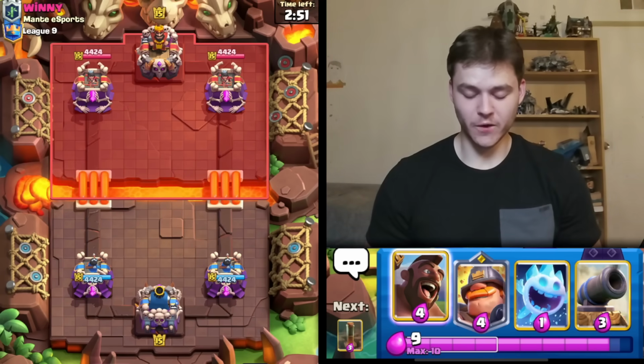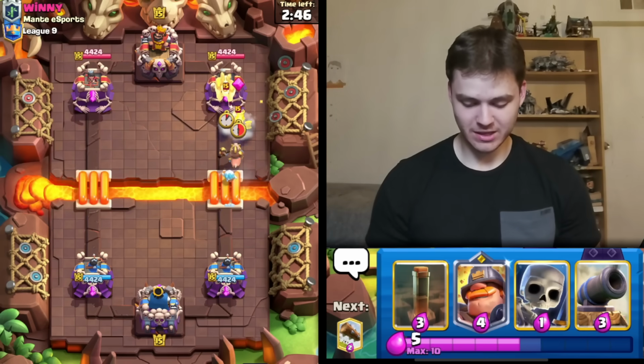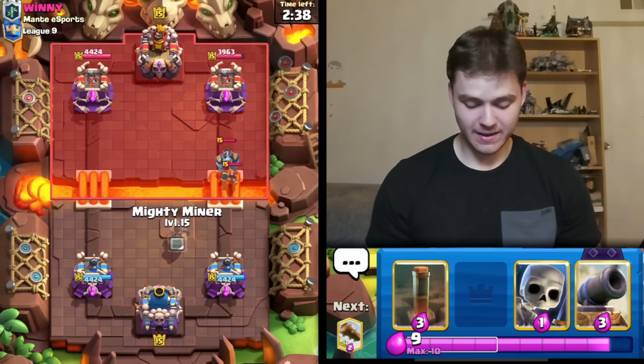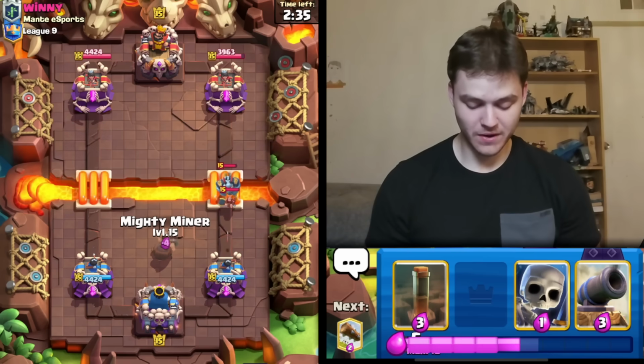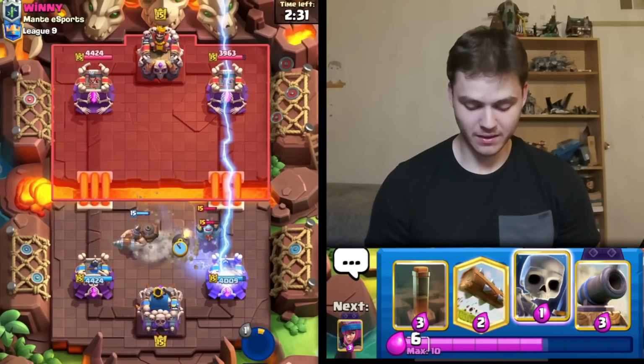Ain't no way it's my childhood hero, Winnie the Pooh. Guys, I'm a big fan of this guy, man. The honey guy, right? The honey guy. We do get a hog hit on the tower. Mega Minion and Valkyrie probably means Lava Hound, man. My hero has fallen very far off if he's playing Lava Hound right now. That would be a big shame if he's playing...